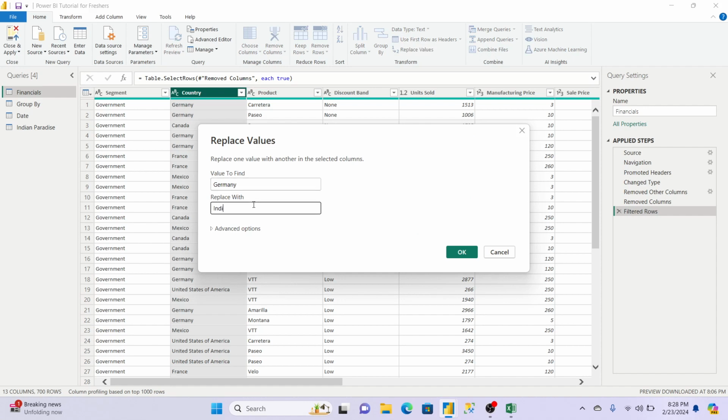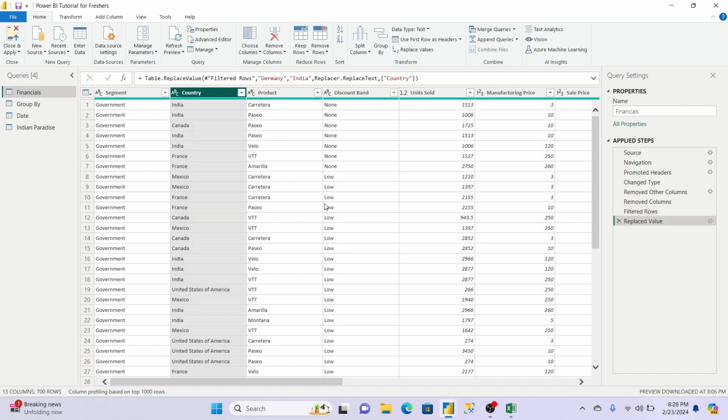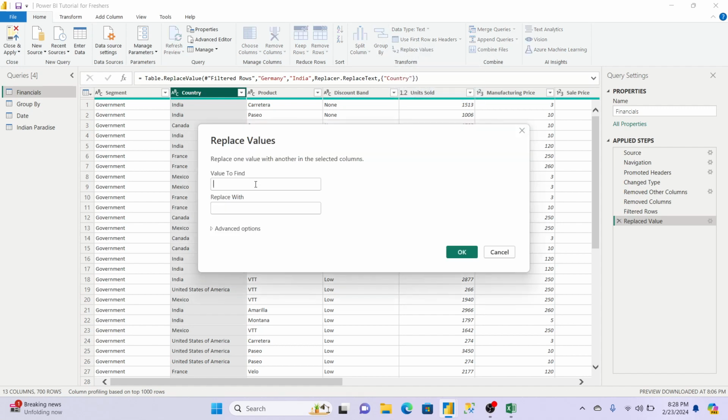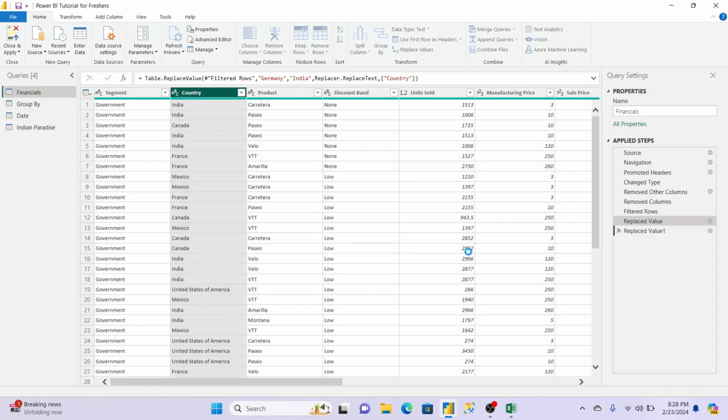So see, Germany was there, then we have replaced it with India. Wherever Germany was there, now India will come. What we did: go to the home tab, click on replace value, value to find India, replace with, again I am changing it to Germany, replace with Germany, and just hit OK. That's it, finished.